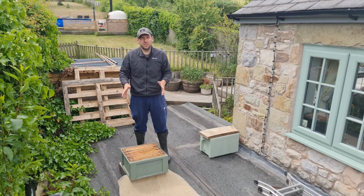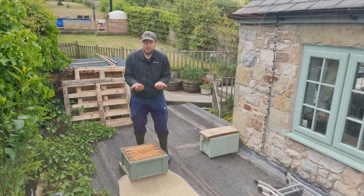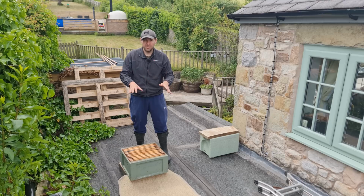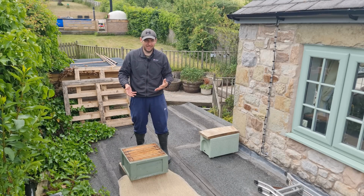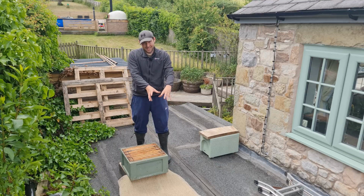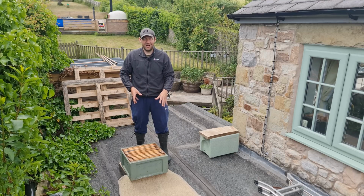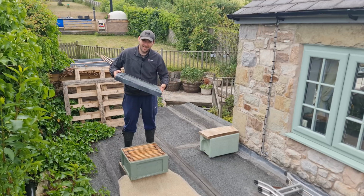So it's a little bit difficult to show it on camera, show it as best as I possibly can, but the brood box is offset, overhanging, so the bees basically come up underneath the brood box, completely bypass the floor, but the floor is there just because I'm going to turn it around at a later date. And then all you need to do, put the box on its side, let the bees walk up into the hive. Before you do that though, put the roof on, give them a nice secure environment, put that roof on,